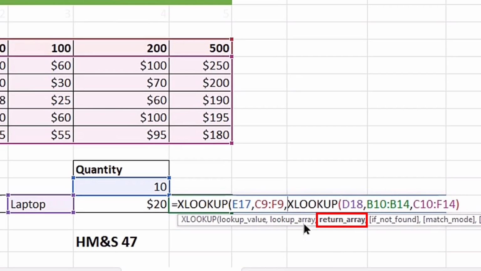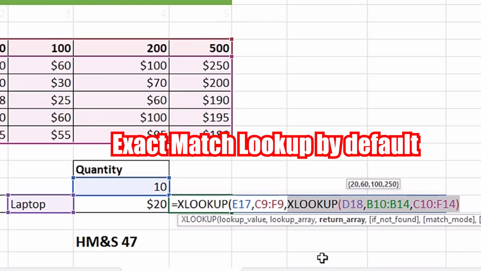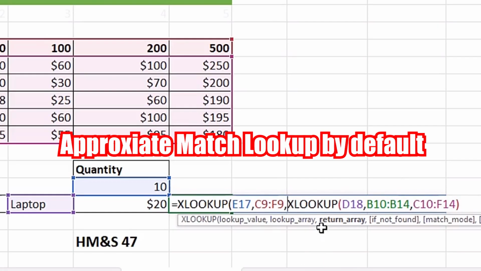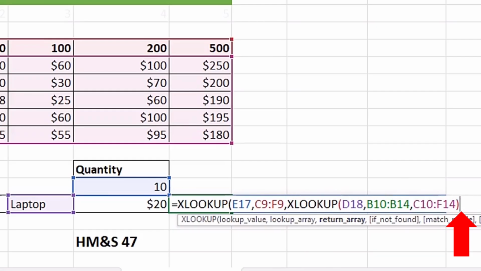Now for the returned array, the result of the Xlookup function that we did first is going to be our returned array. So it's sitting on the returned array argument. Now remember, Xlookup does exact match lookup by default, but this time around we are doing approximate match lookup. So I'm going to come at the end, click, and then when I hit comma, it will go to the